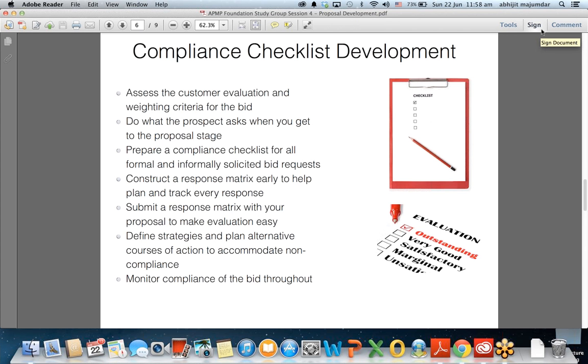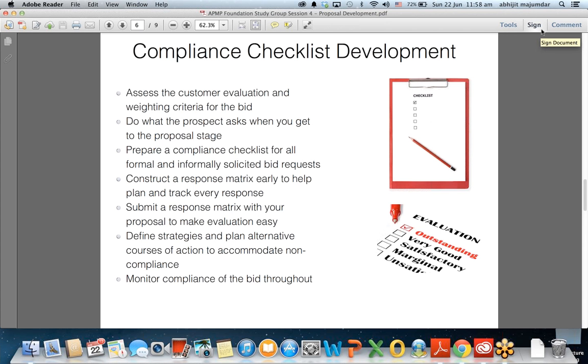Now, this is also a way for the customer to restrict the number of contractors responding to that bid, and only have the selected and the best who meet those criteria invited to respond to that opportunity, so that they don't have to evaluate hundreds of proposals for one opportunity. Rather, they can invite 20 or 30 or 50 proposals and select the best out of that,